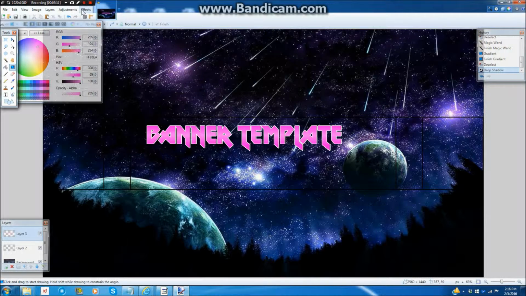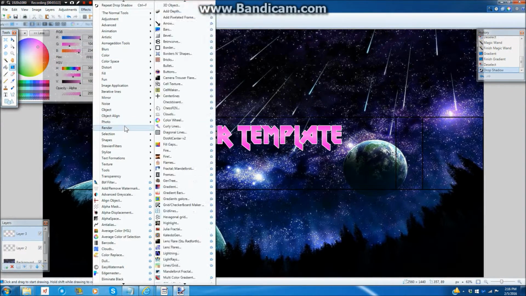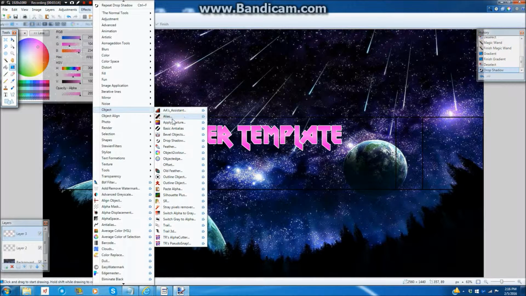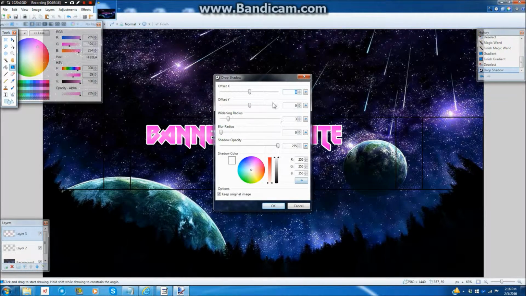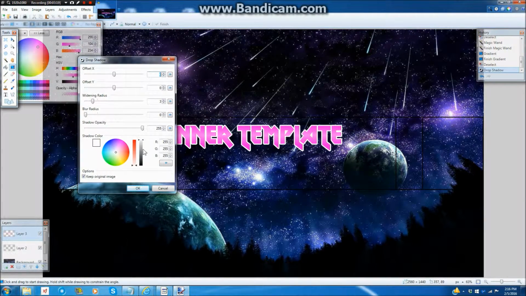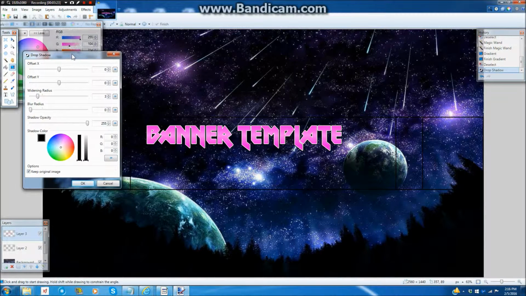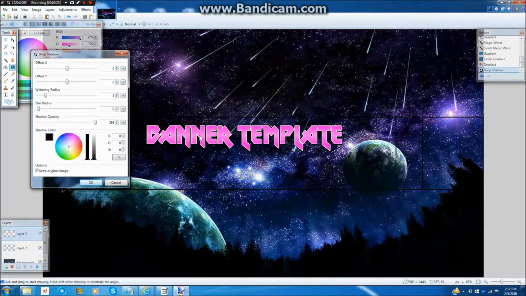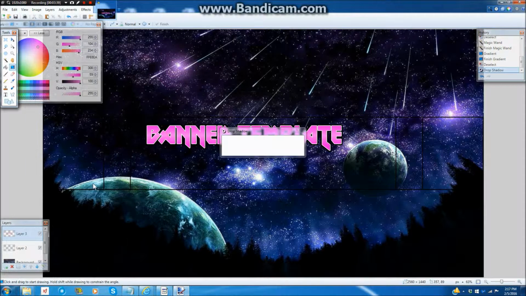And then you go back to effects, and we're going to do the same thing, but instead we're going to make it black. So we go over here, and we make it black by finding that color, and you can't really see it because it's not very visible. Well, to see it, we're going to go over to widening radius, and we're going to make it a little wider. As you can see, you can start seeing some stuff. I think 6 would be good